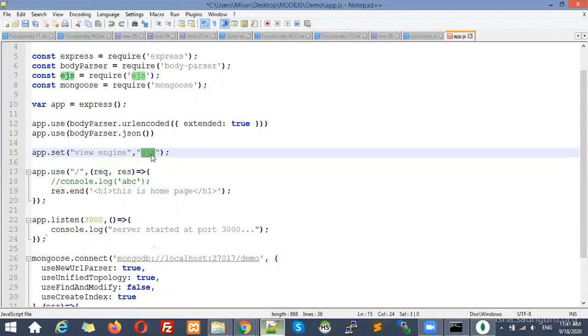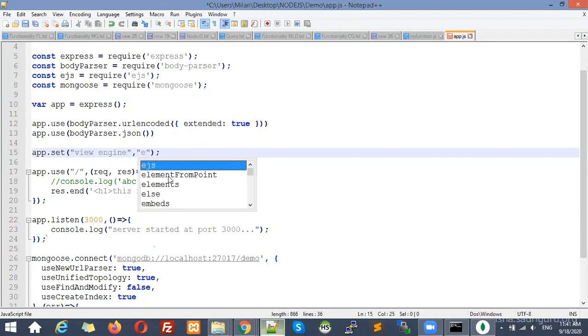So EJS we are going to use as a template for HTML, or you can say Embedded JavaScript. You can use Jade, you can use HBS, you can use Express Handlebars. There are lots of different types of view engines available, but in this project I am going to use EJS.